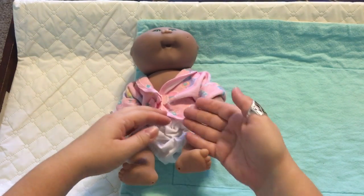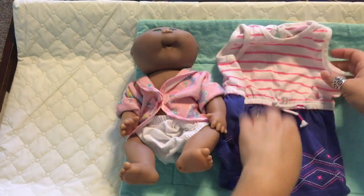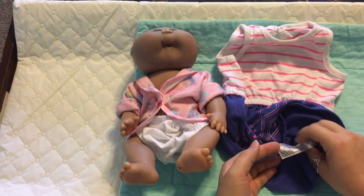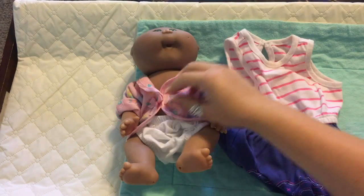So feel the outside and the inside. The other thing that you'll notice, and I don't know why this is, everybody does this, like on this dress of my daughter's, the tags for baby clothes are ridiculous. Look how big that is. So I like to cut the tags off and make sure that it's not rough, but you just want to do it real quick just to make sure that there's nothing that's going to be rubbing up against your child